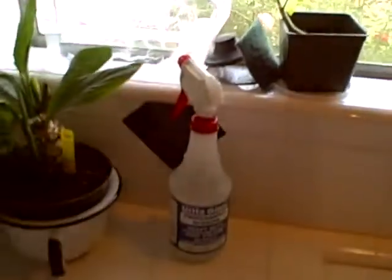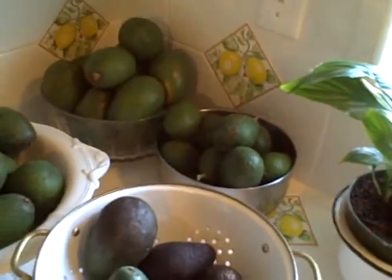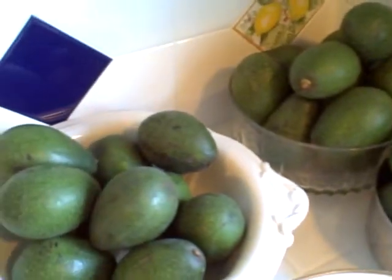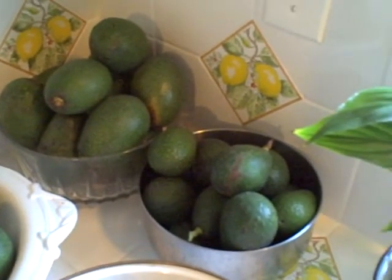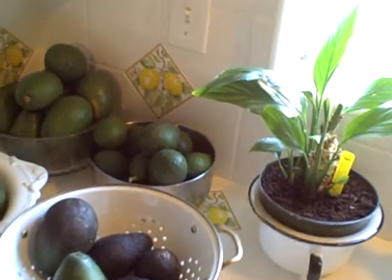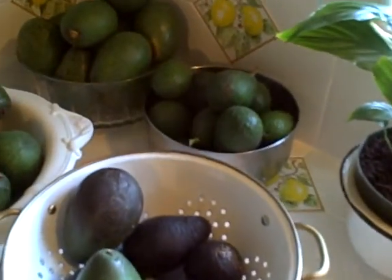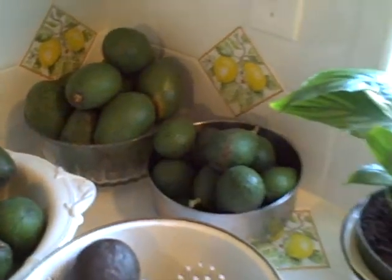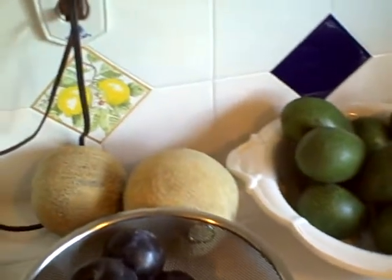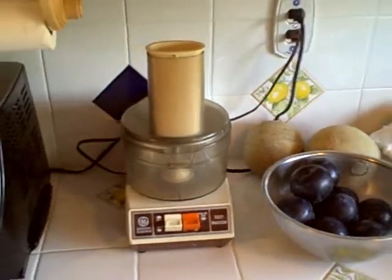As we're moving along, this is vinegar in a spray bottle that I use for cleaning things if ever I need something to clean. And here's my avocado stash. I love avocados. A lot of recipes call for avocados in the smoothies, but in my mind it wastes an avocado. I'll cut it open and put a little sea salt on it and just eat it by itself. And these are all in varying states of ripeness, and they come ripe at the right time. And we have a couple of organic cantaloupes bought yesterday and some plums. It's a food processor that I use occasionally,